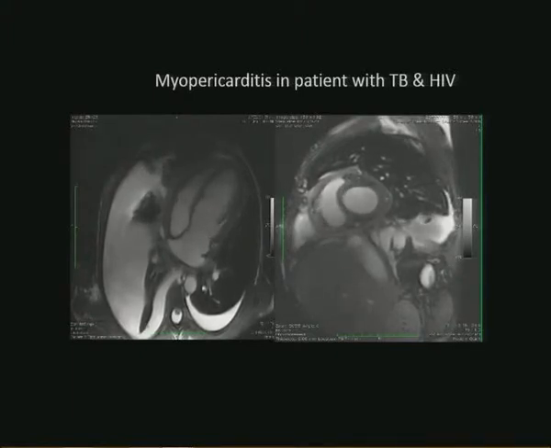This one is at a much later stage in the disease. Again, it doesn't project here with the lighting, but believe me when I say that they've got a very thick pericardium. So they're in the constrictive phase of their TB pericarditis. But LV systolic function, again, is markedly depressed. This is a 2-chamber view. This is a 4-chamber view, showing, again, severe myocardial compromise in someone with tuberculosis-related pericardial disease. So, otherwise, what we call myopericardial disease.